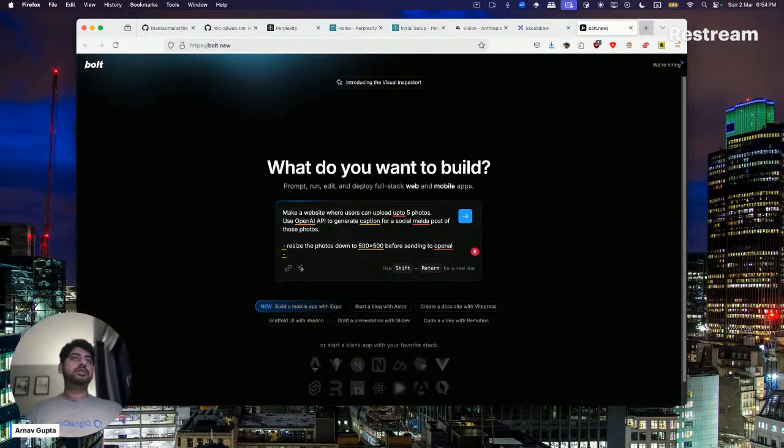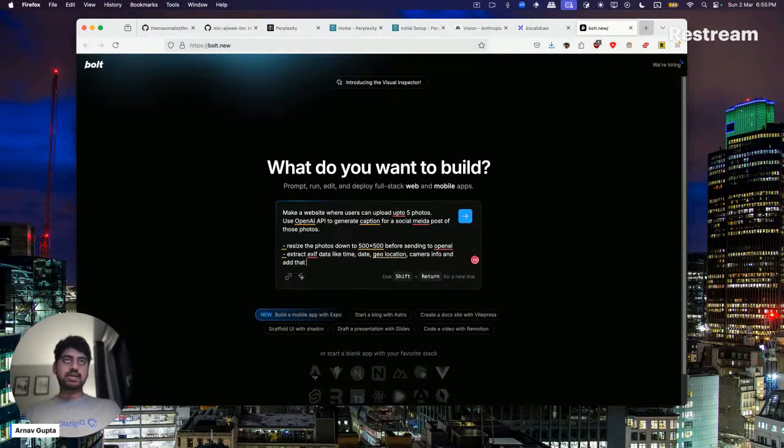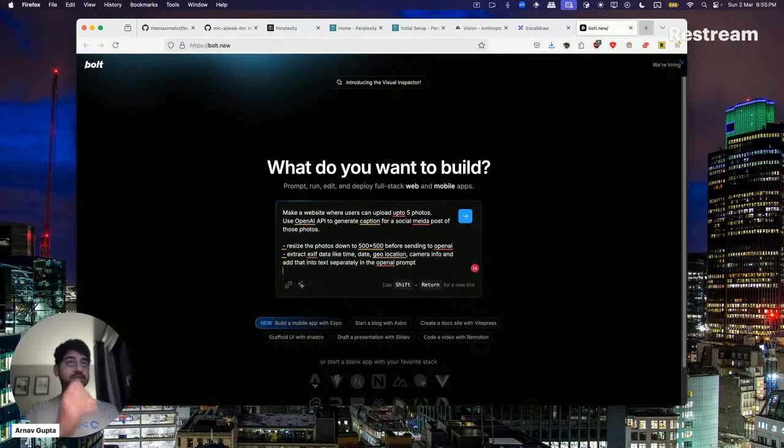What else? Maybe extract EXIF data like time, date, geolocation, camera info, and add that as text separately in the OpenAI prompt.